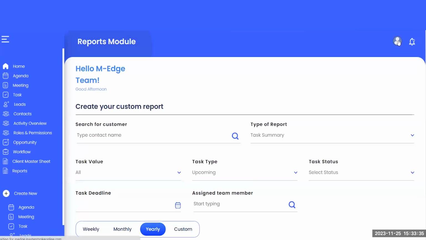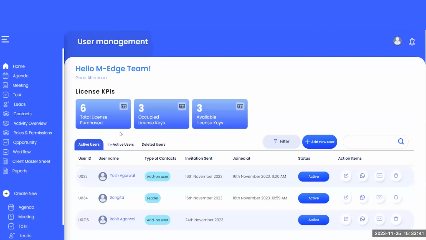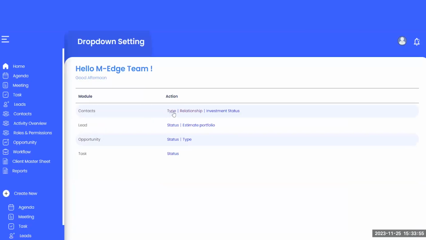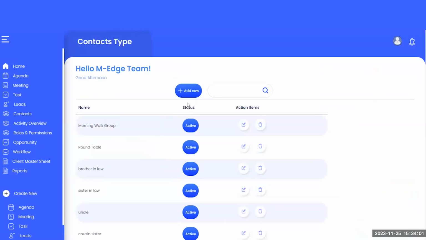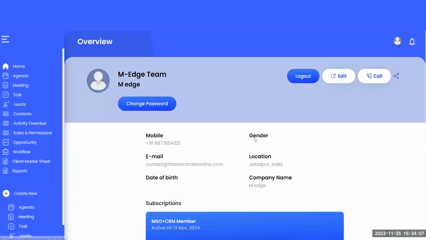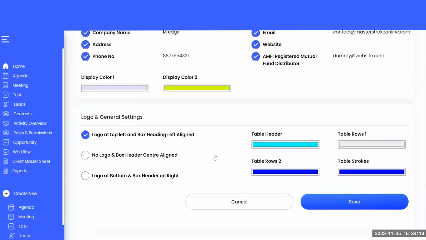One last thing I will show you is you can manage multi-user also from user management. You can create multi-users, and they can also work in the CRM along with you. You can change the drop-down settings. For example, if you have to change or add the type relationship of various modules, you can create your own filters here. You can create your own report view setting, what you want and what you don't, and you can change the color codes also. So this is MasterStroke CRM